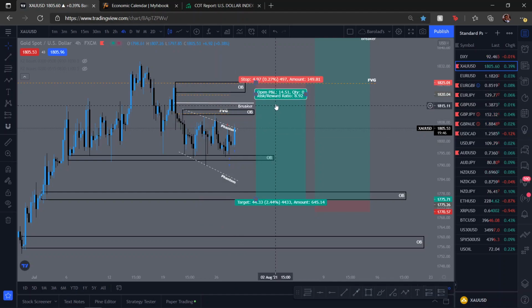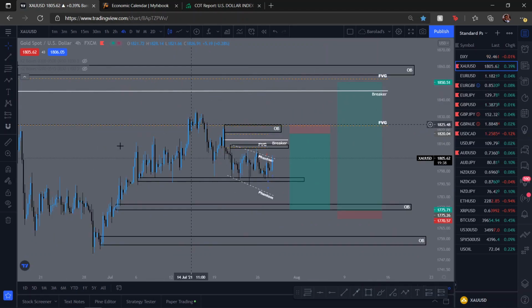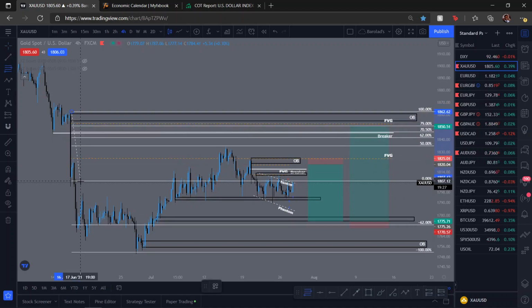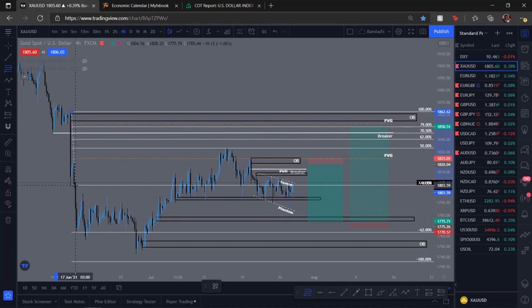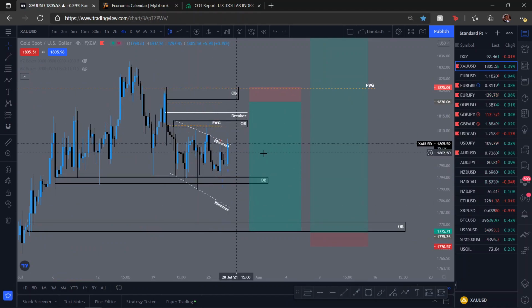So my point of interest here is from 1816.5 up to 1820. If we clear 1820, I'm not looking for anything on gold. We also have this big fair value gap here that sort of got tapped into, but I'd like to see us get into at least the 70.5% of the fair value gap. So my ideal entry would be 1845 for a possible short lower, but my bias on gold is still bearish